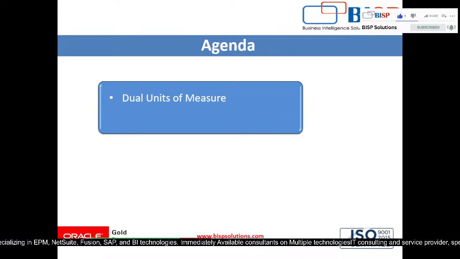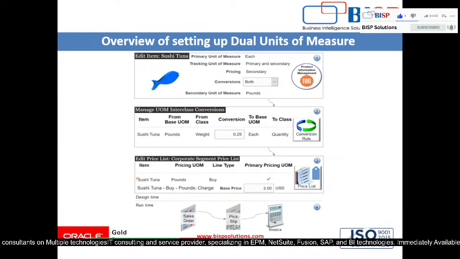You can set a primary unit of measure as each, as a roll, as a sheet, and you can set a secondary unit of measure for pricing, like pound or ton. So this is a small concept in our application. This is an overview of setting up a dual unit of measure. We will see only some basic information and basic setup, and the rest of the things you already know from supply chain management, how to create the sales order, how to create the purchase order, how to set your unit of